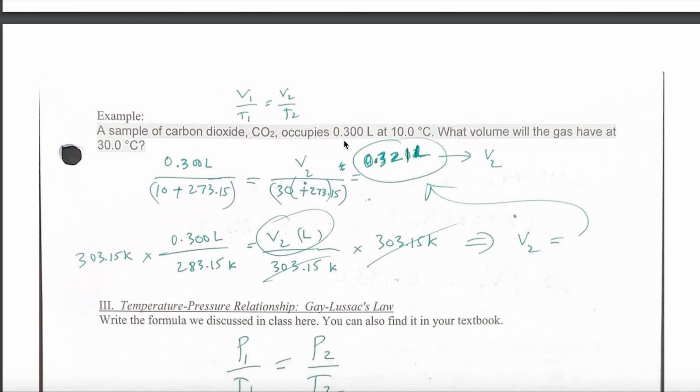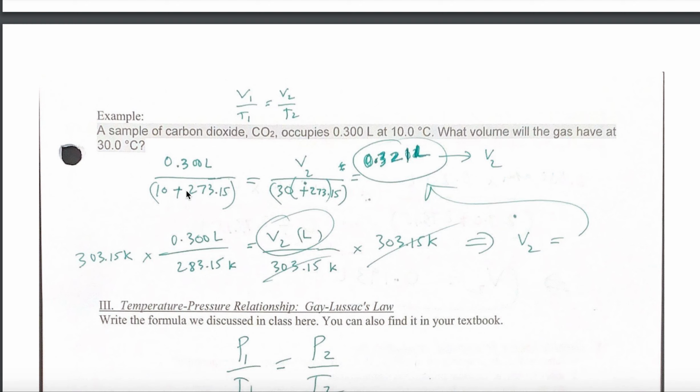Carbon dioxide, 0.3 liters at 10 degrees Celsius. What's the volume when you triple the temperature in Celsius? Now, when you triple the Celsius temperature, it doesn't mean the volume will triple. Notice that the temperature has to be in Kelvin. So you have to convert Celsius to Kelvin by adding 273. Okay, V1 over T1 equals V2 over T2, solve for V2, and this is